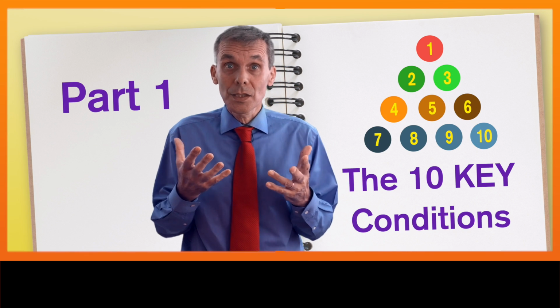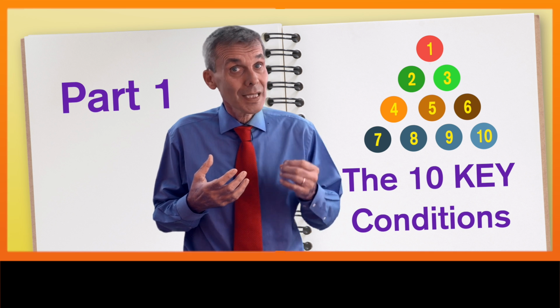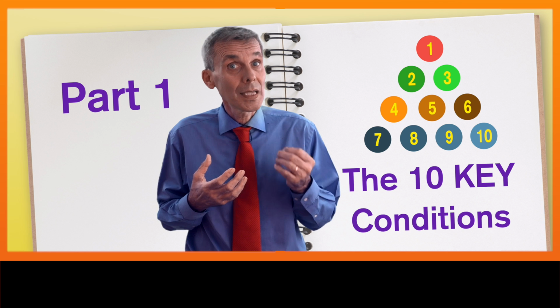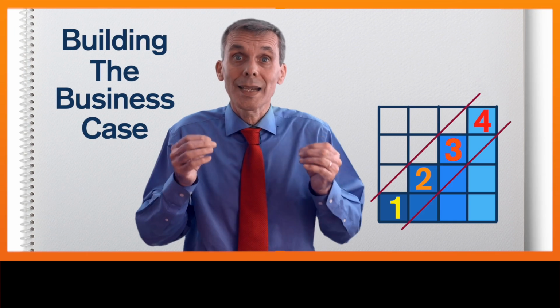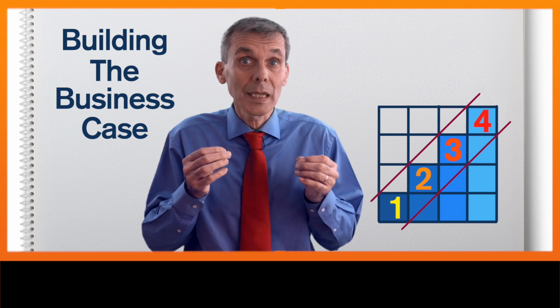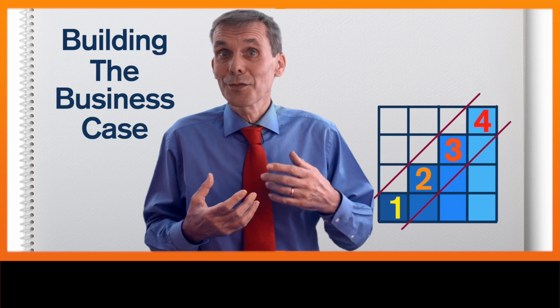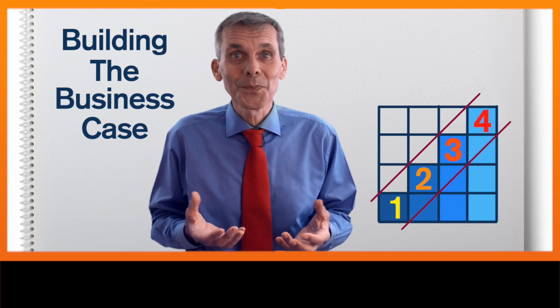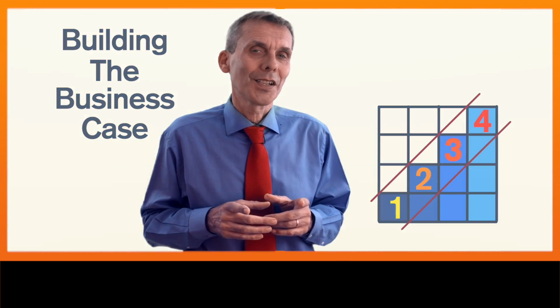In part one of this video, we looked at the 10 key conditions that organisations who have successfully achieved sustainably higher levels of employee engagement have managed to get in place for their people. Now, if you too would like to start building your case for making those changes and investing in developing employee engagement in your organisation to produce a more effective, fulfilling and profitable operation, let's look at a simple framework approach that can help get you started.